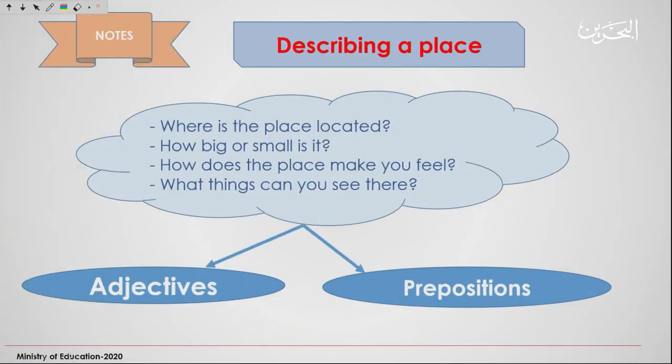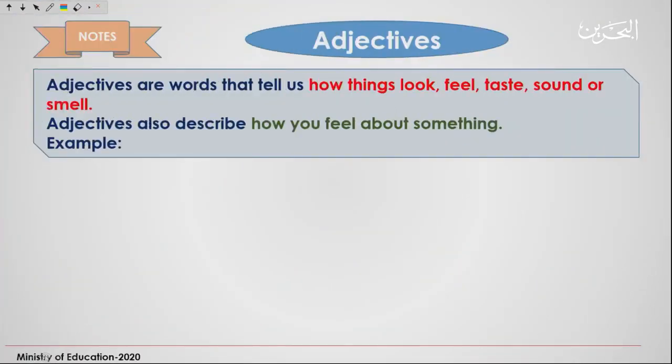Now, when describing a place, and if we want to answer these questions, we usually use adjectives and prepositions. How? Adjectives are words that tell us how things look, feel, taste, sound, or smell. Adjectives also describe how we feel about something. For example,